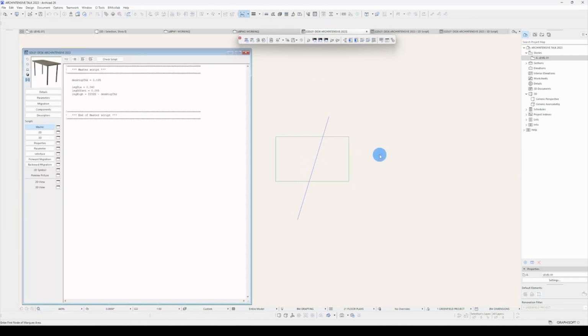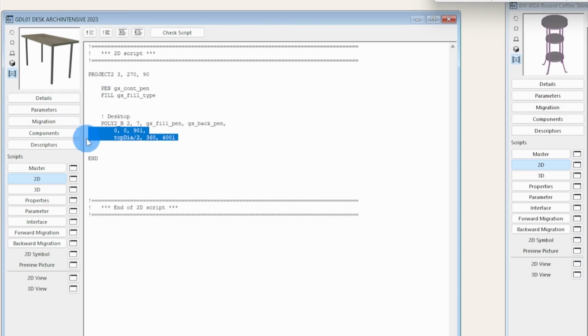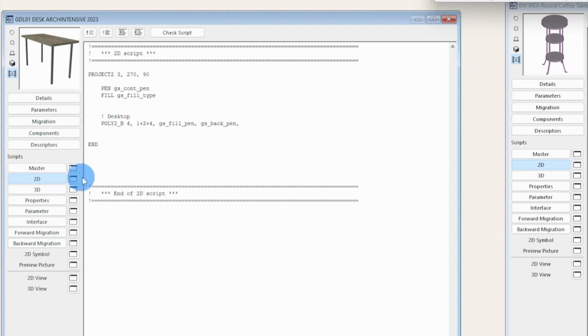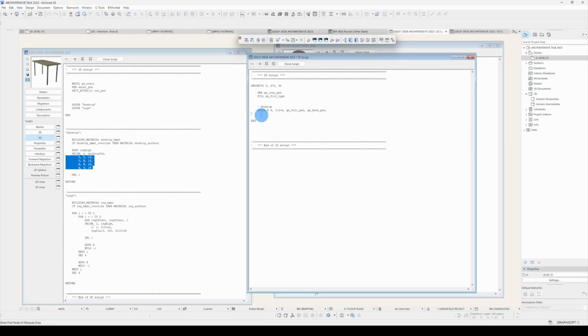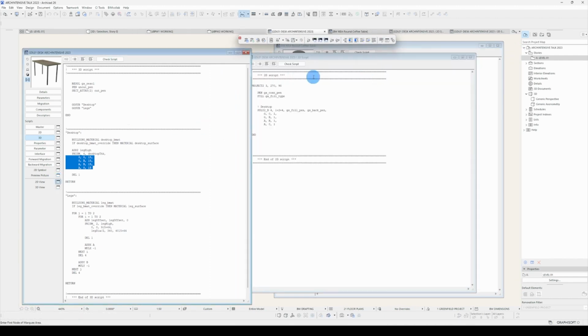Now we'll script the 2D, copy across from an existing object what I need. Poly command is essentially a fill command. Copy across the coordinates from the 3D script and change my status codes as required. Check the 2D preview,